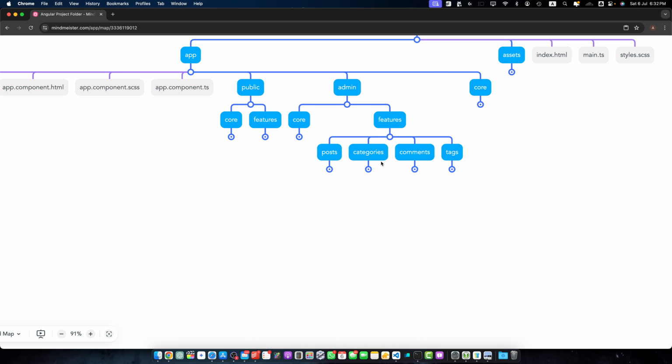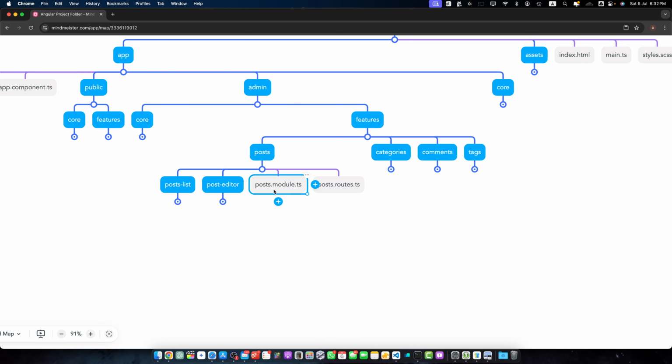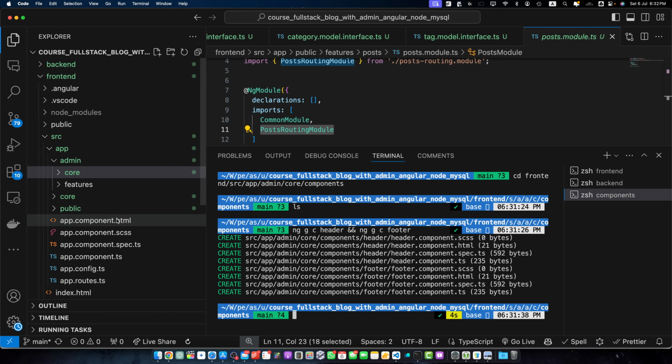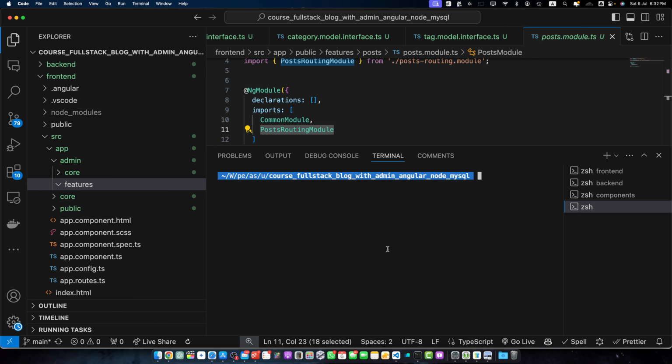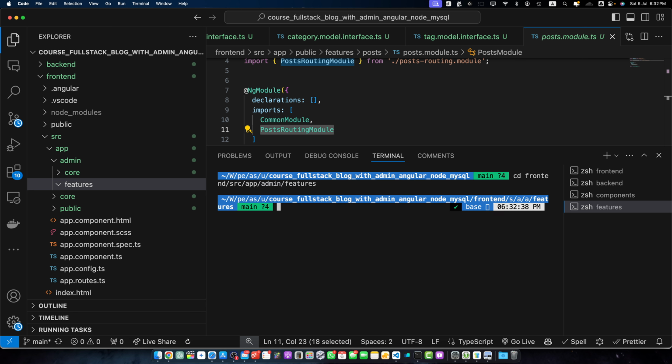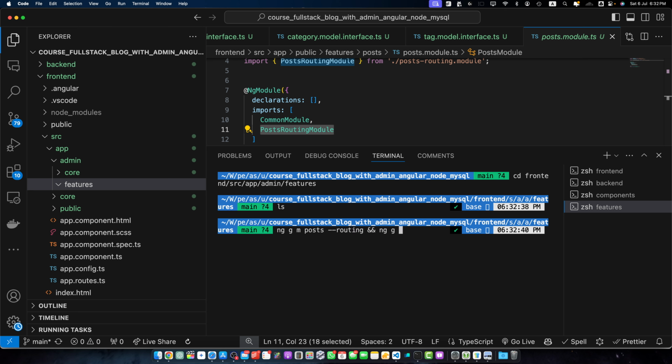these modules. We will generate them in the same way like we did earlier. We need the routes and module files. So for that, copy the relative path of this features folder, open a new tab of this terminal and use the cd command and go to that features folder. And now run the command ng generate module posts --routing and ng generate module